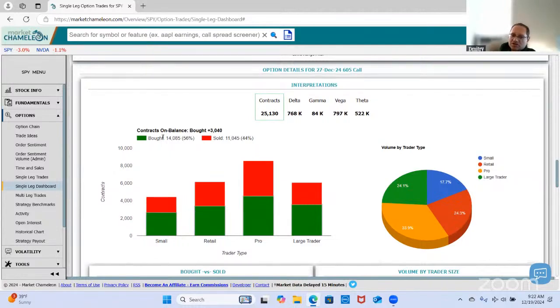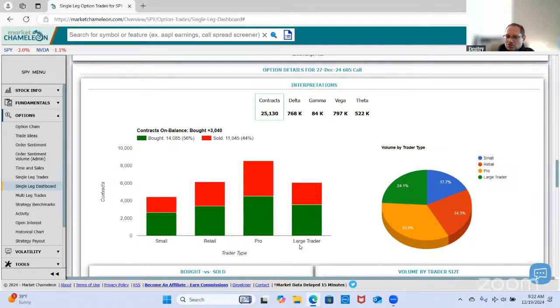So 56% of the order flow, our model estimates, were incoming buy orders, 44% sell orders, and this is a breakdown by order size type: small retail order type,